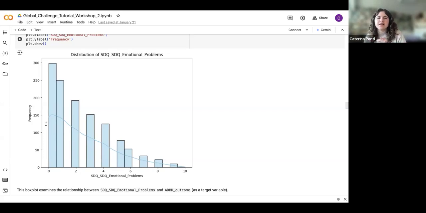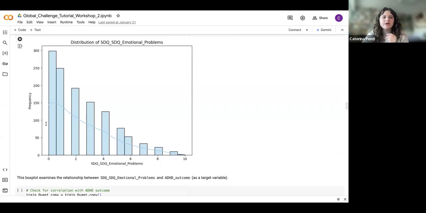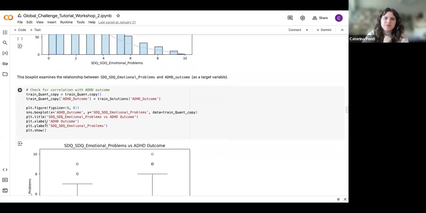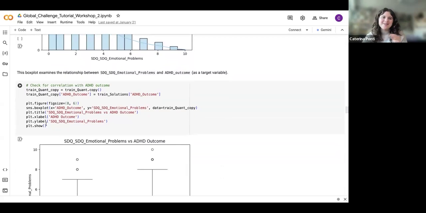I'm gonna go over the box plot later, but this just visualizes the distribution before actually looking at whether someone has ADHD or not. You want to know what the distribution is, and the y-axis is just the frequency. So there are a lot of people in the 0 to 2 range of the emotional problem scale score. That's important to notice. And then to really examine the relationship between emotional problems and ADHD outcome, as anticipated before, we're gonna